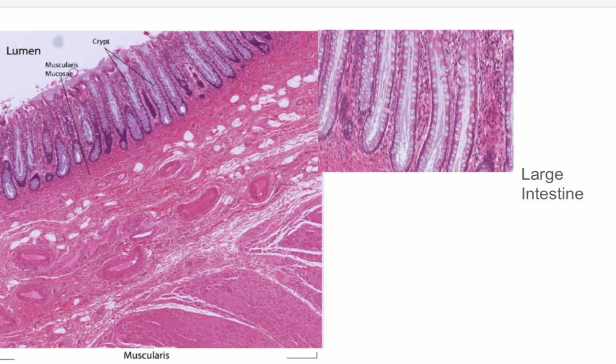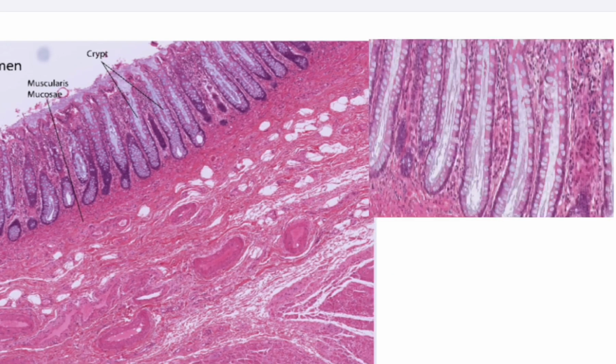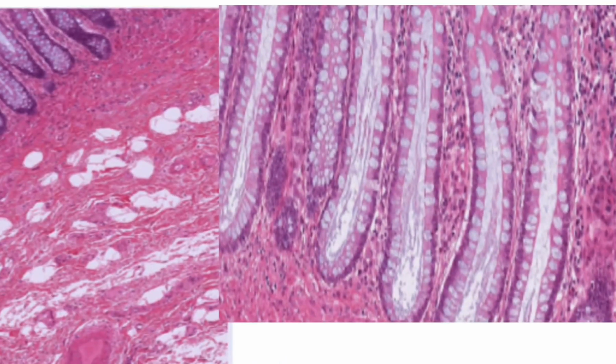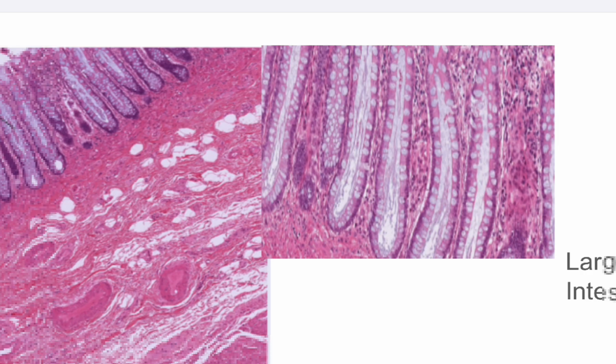Lastly, we come to the large intestine. Here also we find the same four layers, but in the mucosa we see that the ridges are again stunted like in the stomach, but they're very orderly arranged. Here also we will find plenty of goblet cells. If we see under high power, here you can see that there are plenty of goblet cells all along the epithelium,